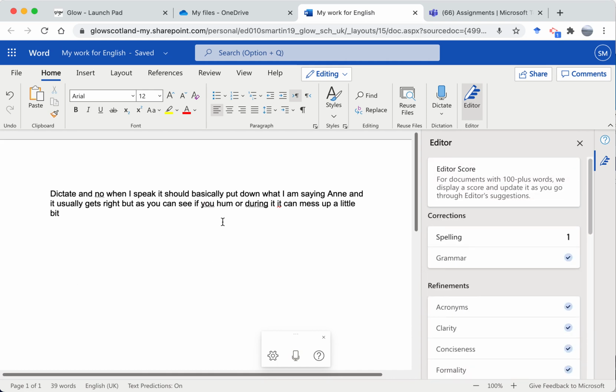So there's some of the features of Word Online. It's really easy to access, it's really easy to use, and everything you do is saved into OneDrive, which means you can directly attach it to